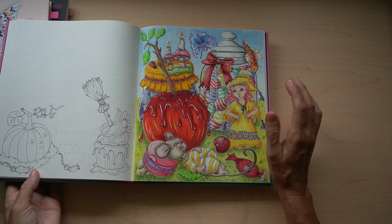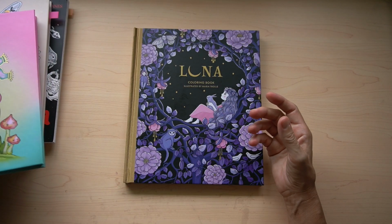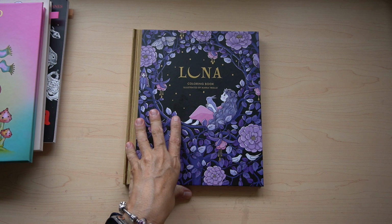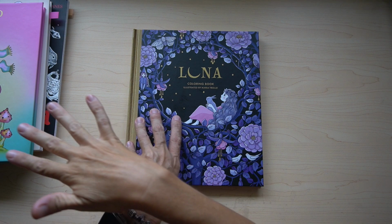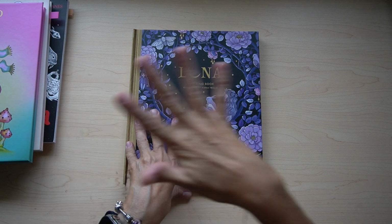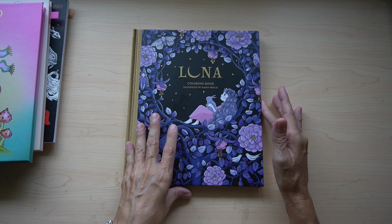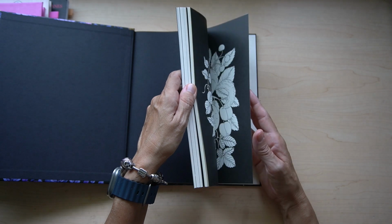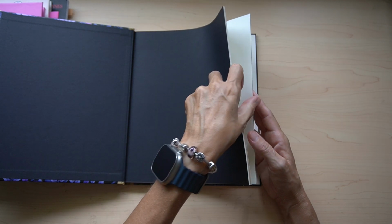Yeah, so that is Clara Markova, Orchid Full of Fairies. And I just did one yesterday, which I don't know if I want. I've got a colour along with me, but I haven't put it up yet because, as I said, I'm not 100% happy with any of these, and I'm probably 60% happy with this one. It's not my favorite. Very first time I have ever done underwater, and yeah,